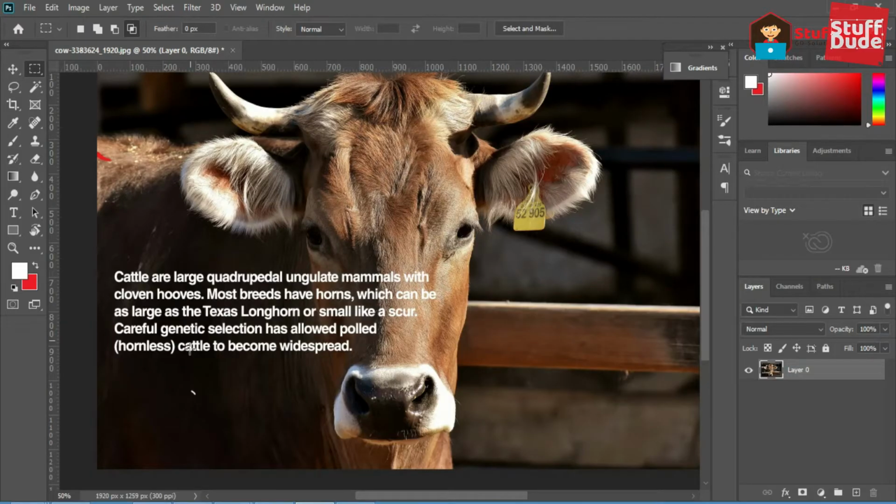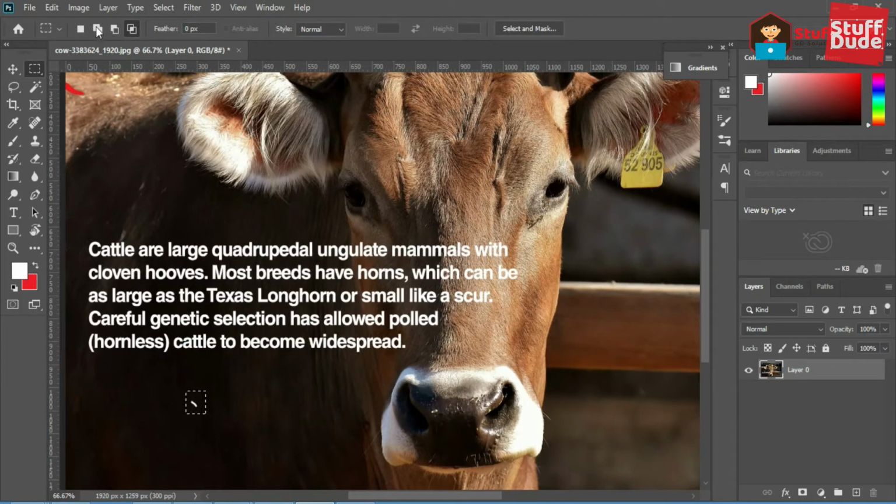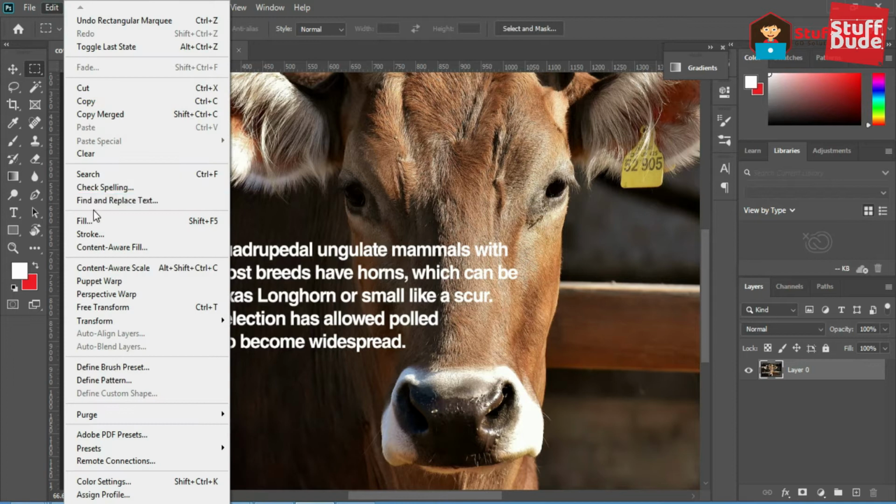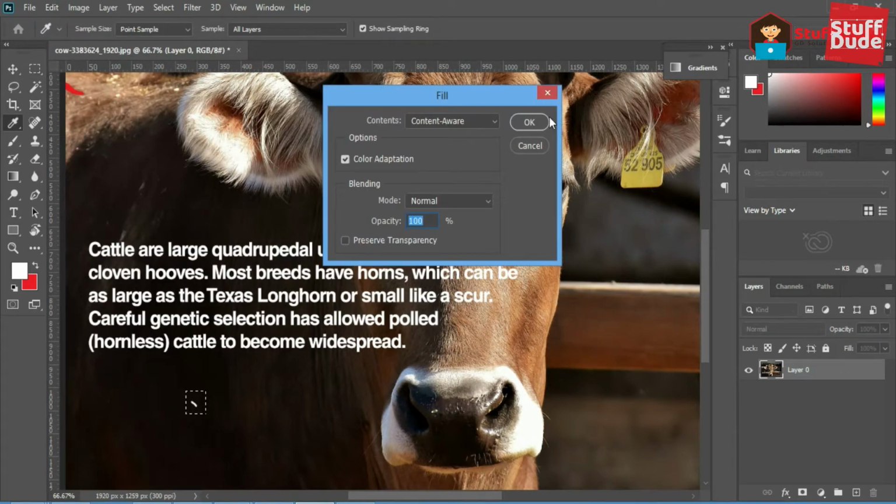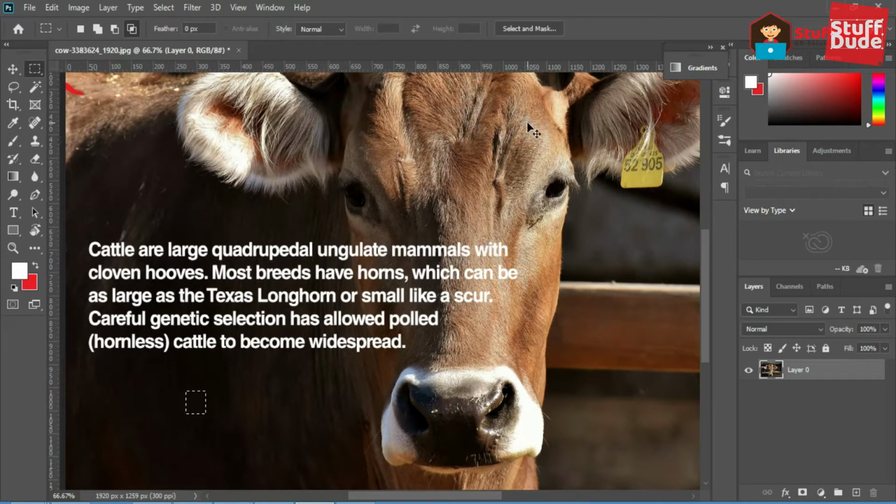How to remove text on your image? First we have to understand content aware. Like a small dot, we need small additional spaces around the dot. Now we can go edit and fill content aware. But here we cannot achieve the result with this technique.